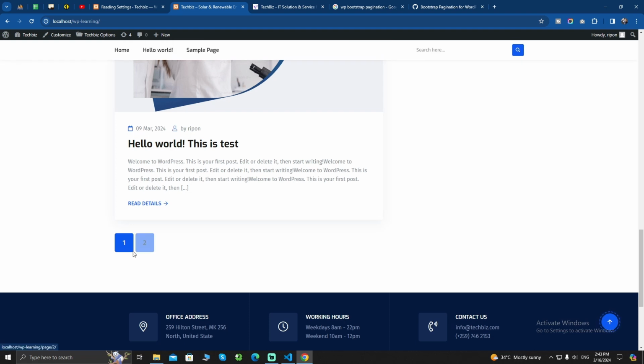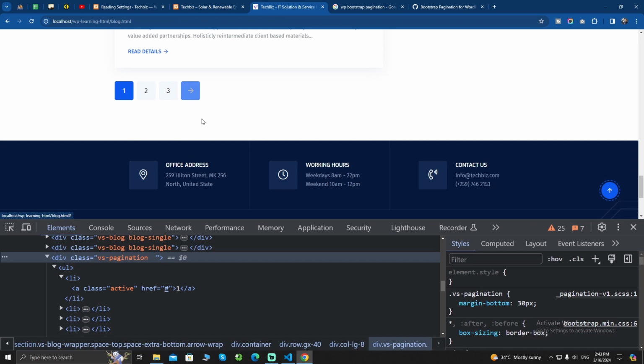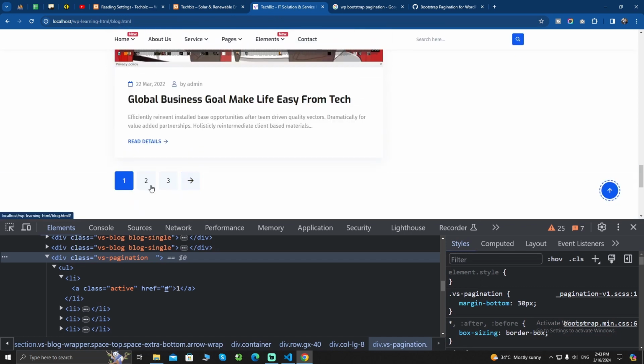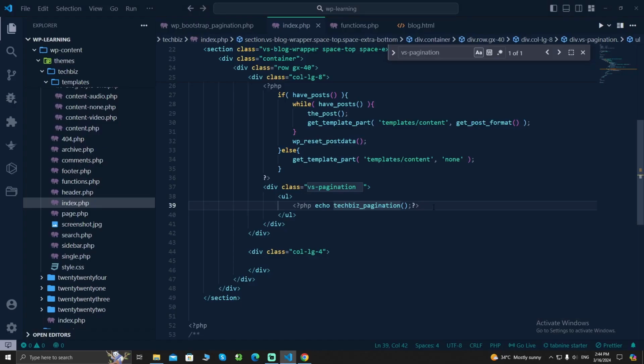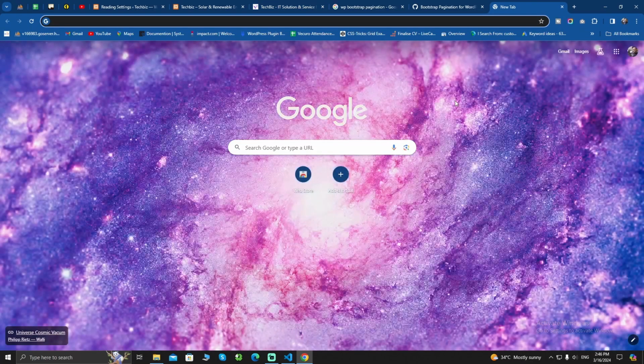So the dynamic part is here with the 1 and 2, but I need this icon here, and if I go on to 2, then another left icon here, so that I can go to the previous page. So for making this with the arrow icon here, I need the next one. For the next one here I need a PHP function, that is post link. So if I search it here, next